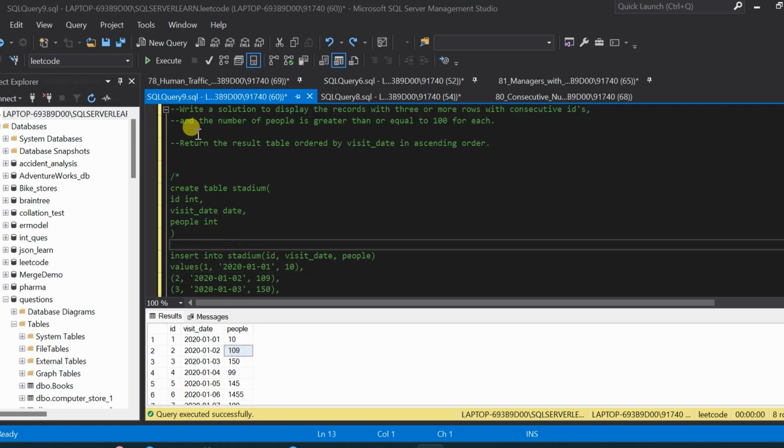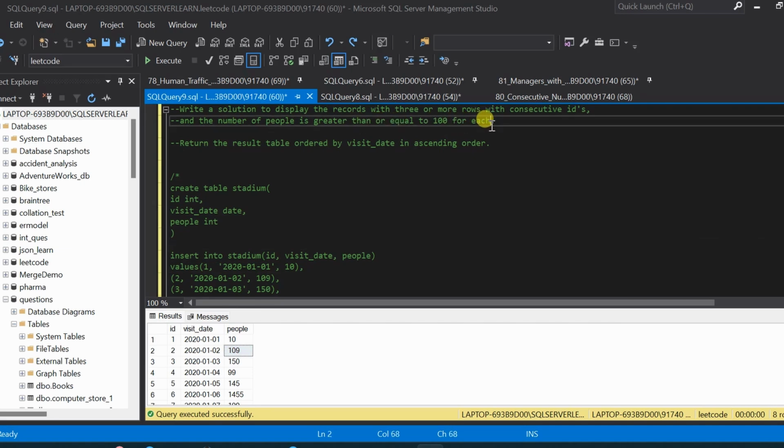Now, we have to write a solution to display the records with 3 or more rows with consecutive IDs and the number of people is greater than or equal to 100 for each. So we have to find the days for which the number of people visiting the stadium is greater than 100